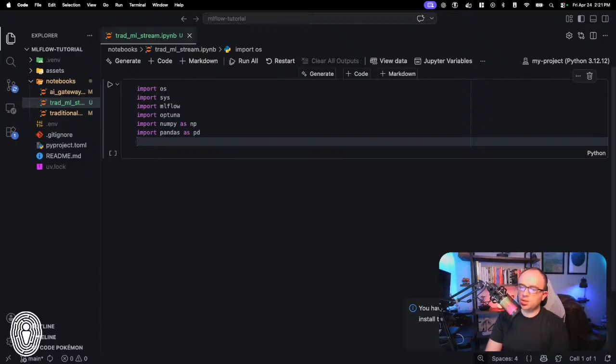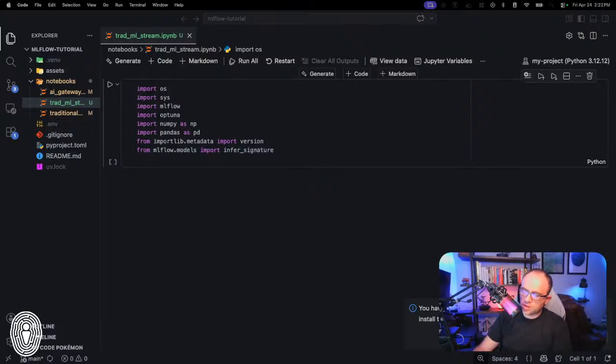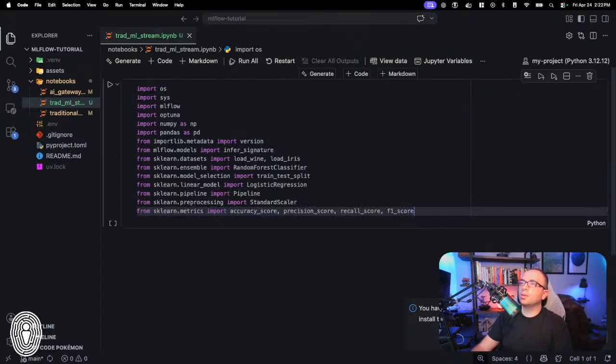Then I'm going to demonstrate something, but I don't know how much I actually will recommend what I'm going to demonstrate here with this particular library. But this is not super important, but we'll demonstrate it anyway. And then we have from mlflow.models import infer_signature. We'll talk about what this is and what a model signature is when we get to it. And then finally, we're going to have to import a bunch of scikit-learn packages. And in fact, I'm just going to lazily copy and paste everything that we're going to be looking at.